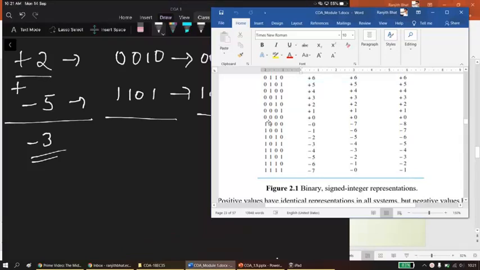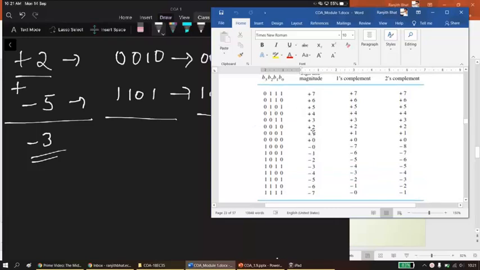So what is the 2's complement of 2? That is a positive 2. Here it is nothing but 2 itself. What is the 2's complement of minus 5? Minus 5 is here, 1 1 0 1. I am going to get a minus 3. So we have already got minus 3 here. So if you remember the table, you can directly go to this, or if you don't remember the table and you don't want to memorize it, you can go through this particular method, that is taking the magnitude, taking 1's complement, taking 2's complement, and then adding.